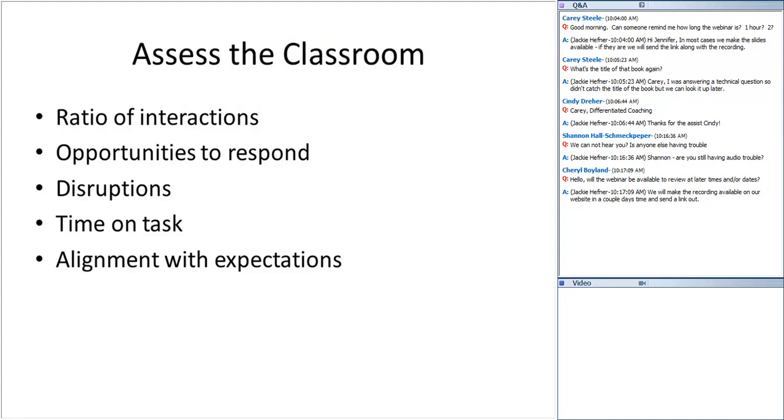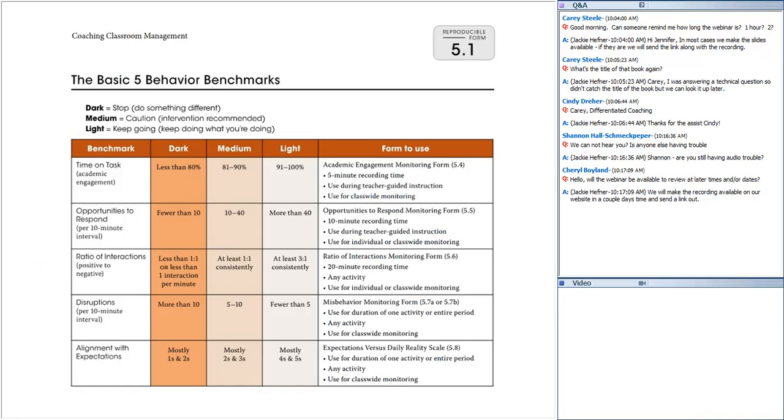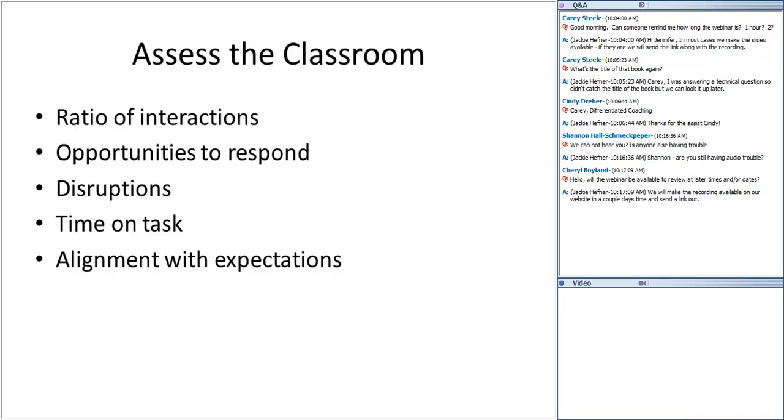Now, ideally, what would happen at the beginning of the year is the administrator, or the strongest accountability person, would stand up in front of the staff and say, these are my expectations for your classroom. And you might use the actual benchmarks we laid out. So you might say, when I walk into your classroom, I expect to see a minimum of 91% of your students academically engaged in the moment. I might expect to see a minimum of 91% of students in compliance with your posted expectations. Now, let me tell you why you want to give a measurable percentage.